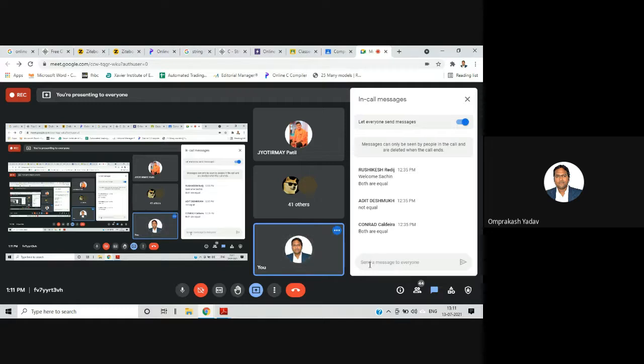Whatever functions I have covered, prepare those well. Now, how can we loop through the string, and how can we write different functions?